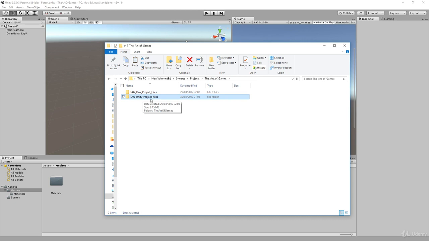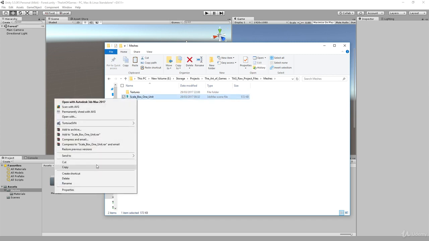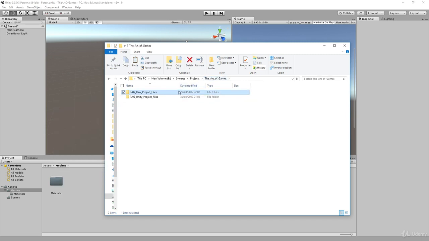We don't touch stuff in here, and we copy from this folder once you've created the files into Unity, into the Unity folder. So I'm going to do that now. I'm going to copy that meshes back, and I'm going to put it back in here because we're going to use it. Assets, meshes.